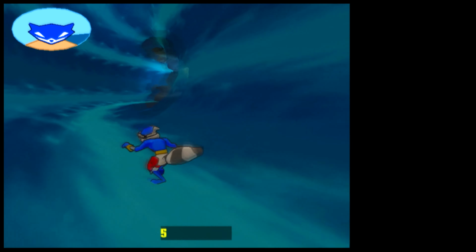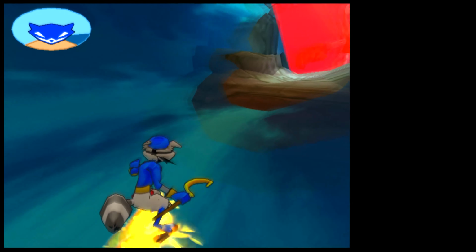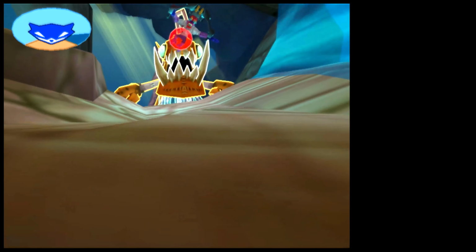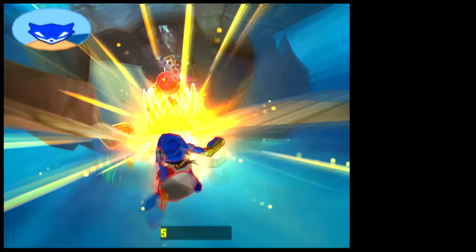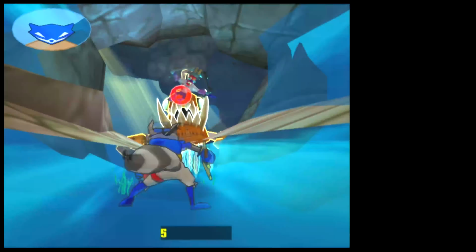And what you just saw right there was me taking damage from one of Dr. M's attacks as Sly. So you can take damage from Dr. M's attacks, and you're about to witness it again as I try to get a good view of Dr. M. So I took a little bit of damage there, and now I just try to traverse through the area,